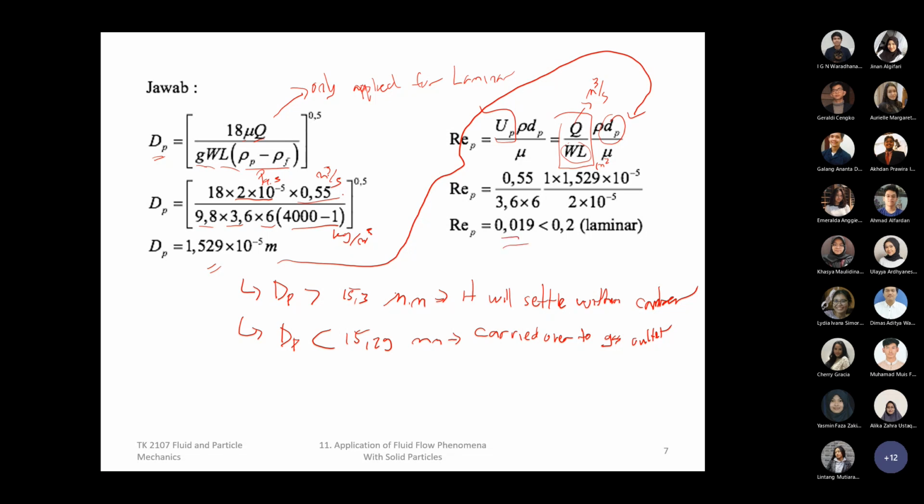Then this one gets you to 0.019, which is below 0.2, which is within the laminar regime. So this formula is applicable for this system. But again, if you found out that the Reynolds particle after the final step of the calculation is above 500, then it must be turbulent. So you cannot simplify using this correlation, but it has to start from the CD as 0.44 and so on and so on.